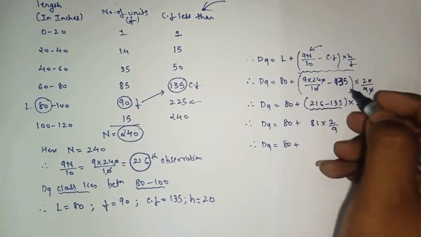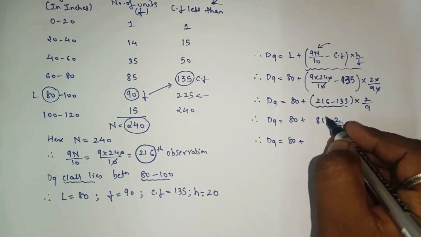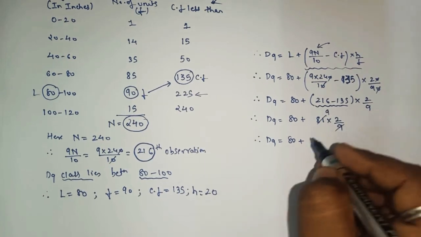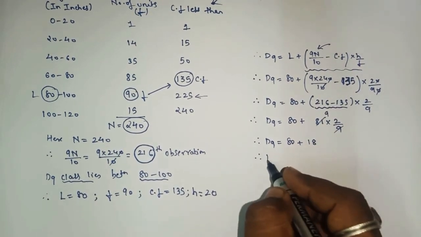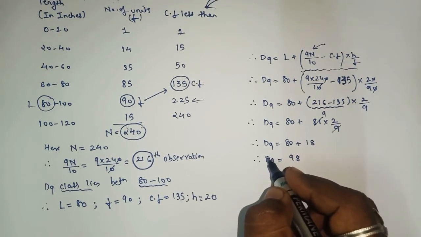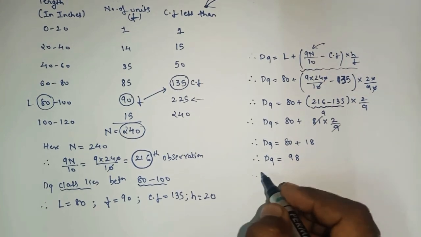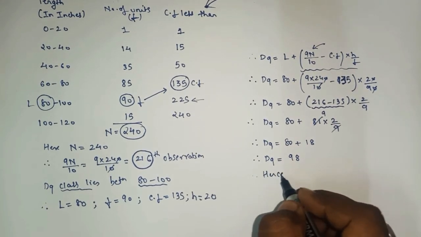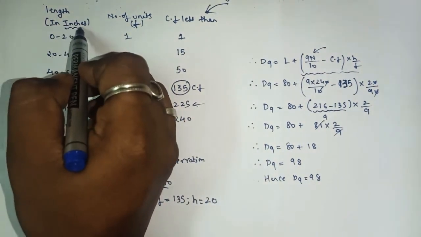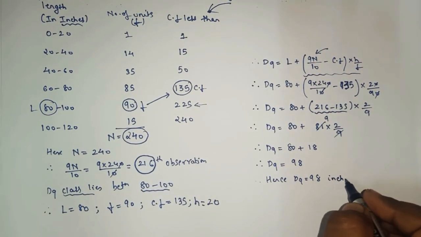Whatever you want to do, you do with this section only: cancellation, cross multiplication. Here clearly we can see that we can cancel, as the relation is multiplication. So 9 ones are 9, 9 twos are 18. So here we got the final answer D9 as 98. Understood? So we can write the final answer as, hence D9 is 98. See the unit, it is given, the class is in inches, so here you will write 98 inches.